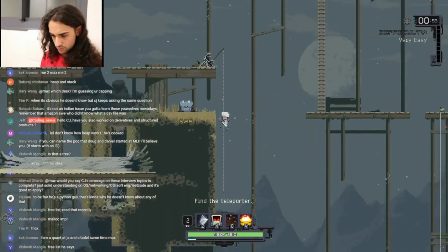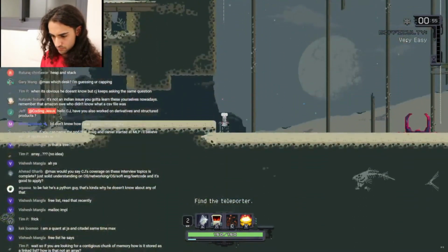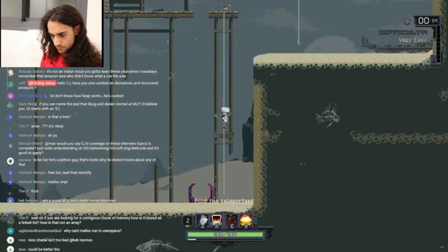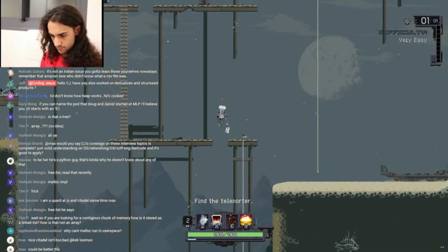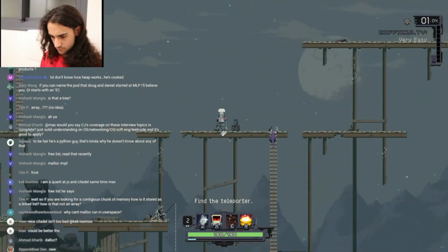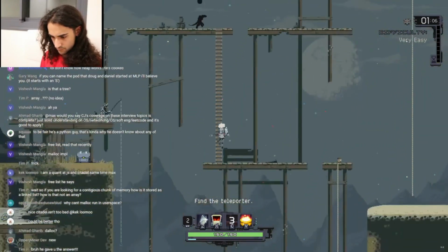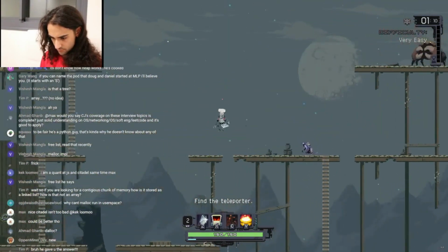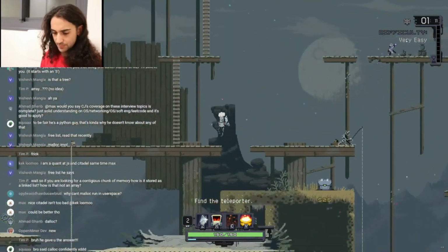Malloc, calloc, realloc. I've heard about those. For C++, I believe it was just create a pointer and then you assign that pointer to a new variable. Okay, so give me an example, just simple pseudocode.